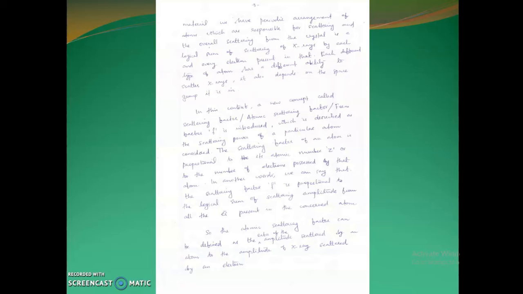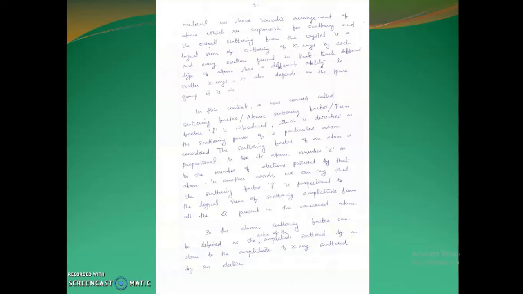Okay, so for example, if we consider a crystal having atoms at the lattice points, we have to consider scattering from each atom. Scattering from each atom would mean scattering from each electron of each of those atoms. Okay, so scattering from an atom would correspond to the atomic number of that atom.